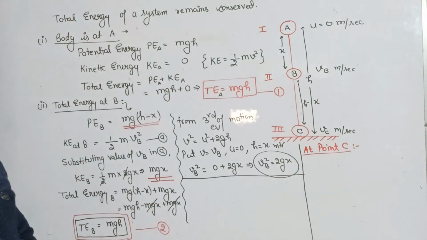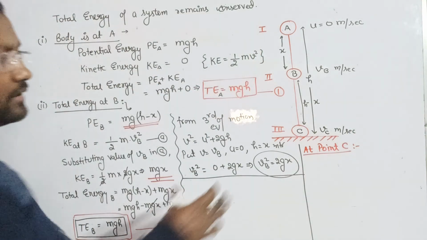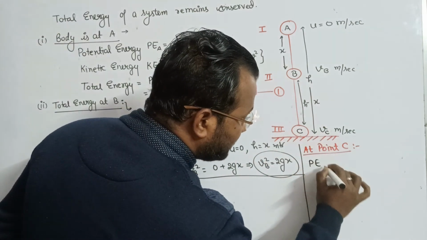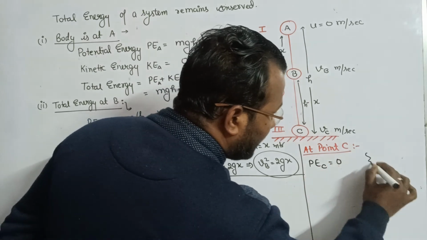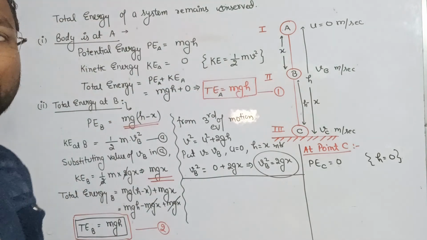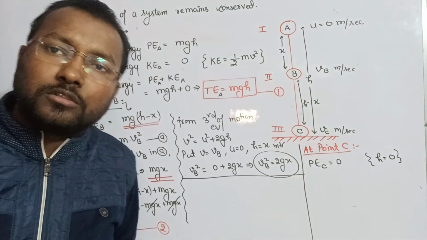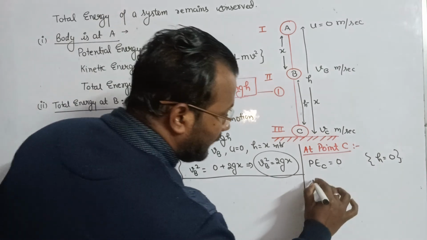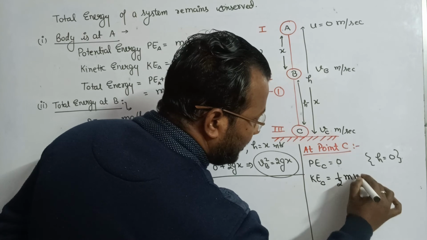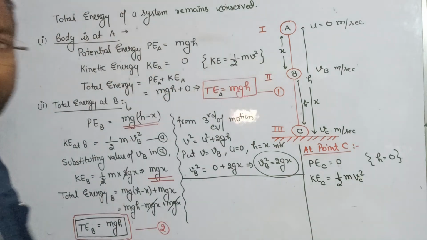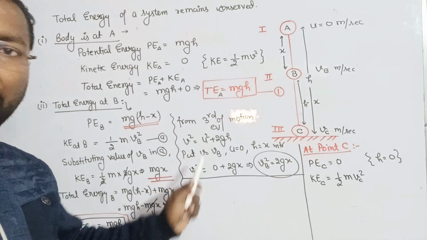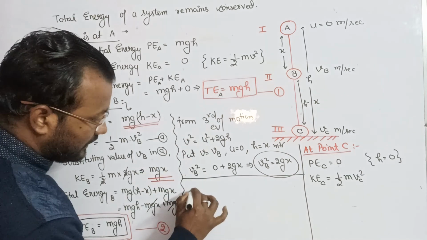Okay. If we are going to understand about this, since the point C is at ground, the potential energy at C will be 0. Why? Because h is now 0. So the formula mgh, m into g into 0, so the potential energy will be 0. And the kinetic energy at C will be 1 by 2 mvc square. राइट, mvc स्क्वायर. अब जैसे आपने यहाँ पे किया था ना b के लिए, सिमिलरली मैं यहाँ पे इसलिए लिख रहा हूँ,